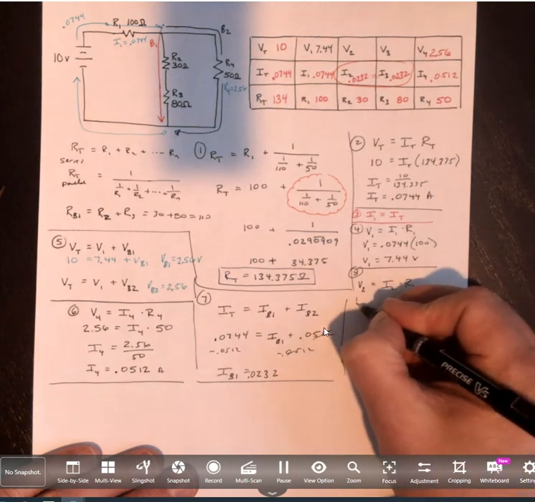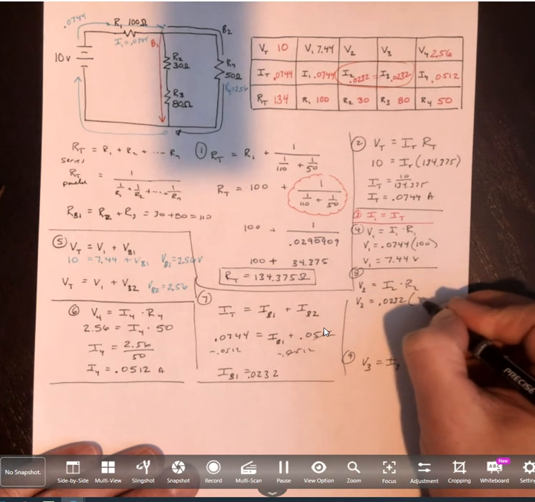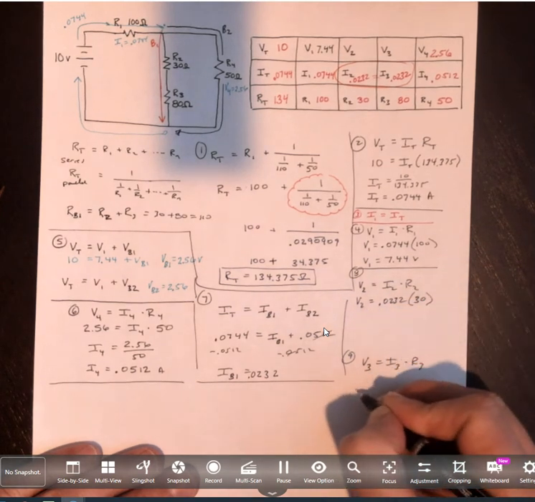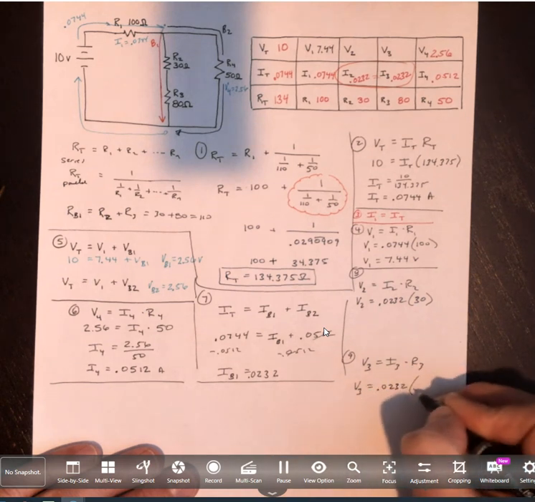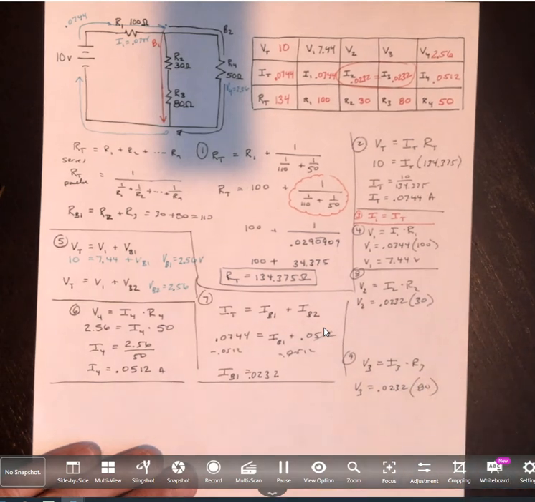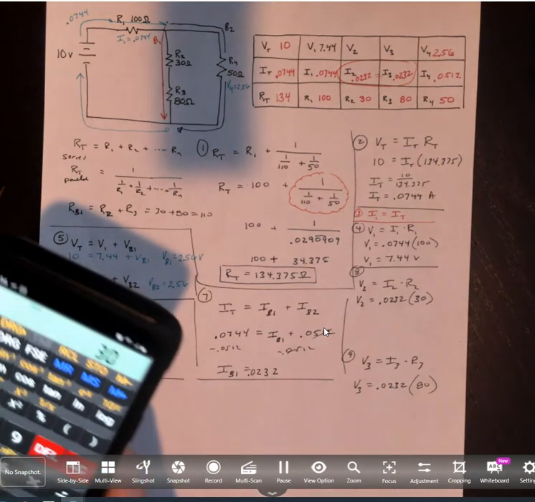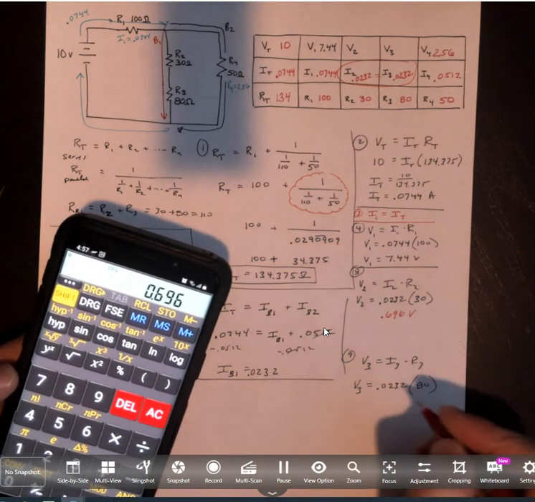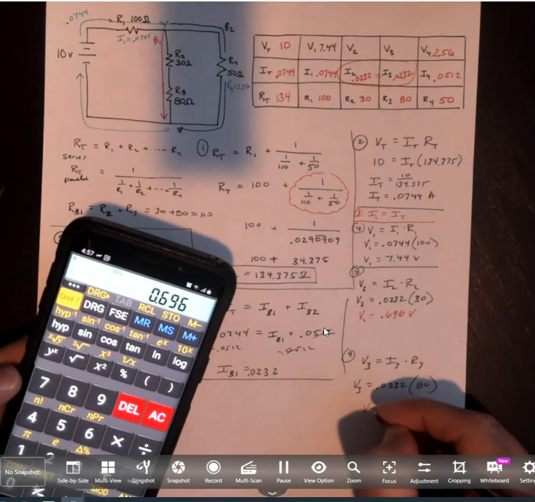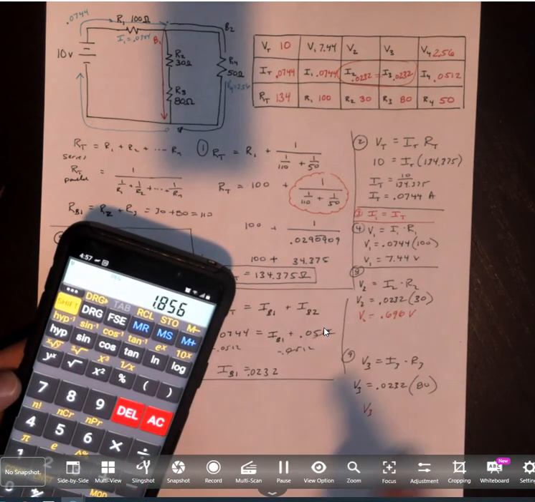Again, the voltage is the unknown, but the current is 0.0232, and the resistance of resistor 2 is 30. Down here, we've got the same amount of current in that branch, 0.0232, and we had a resistor of 80. So I just need to multiply 0.0232 times 30, and I'm going to get 0.696 volts. And then here I'm going to multiply the same current by 80 this time, and I'm going to get